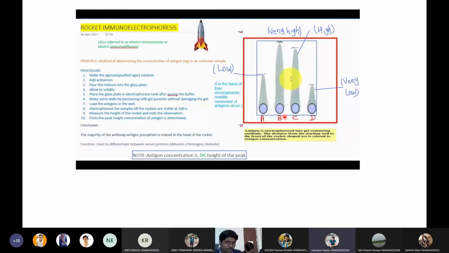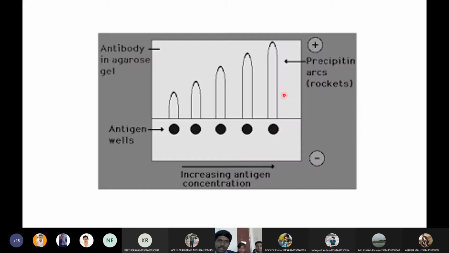So this is rocket immunoelectrophoresis. Here I will take a test tube. I will keep different antigens, and the gel is already pre-coated, and this gel has antibodies. Now I will apply electricity, negative charge and positive charge. The antigens will start migrating upwards like this. Since the migration leaves a rocket-like figure, it is called rocket immunoelectrophoresis. So this is rocket electrophoresis, and this is all about rocket electrophoresis.